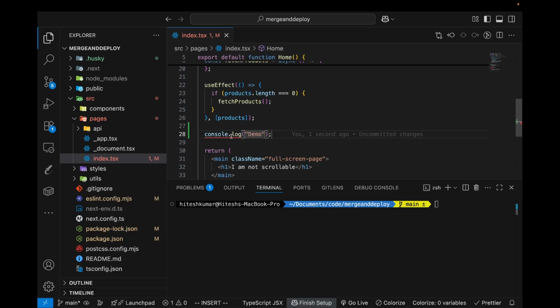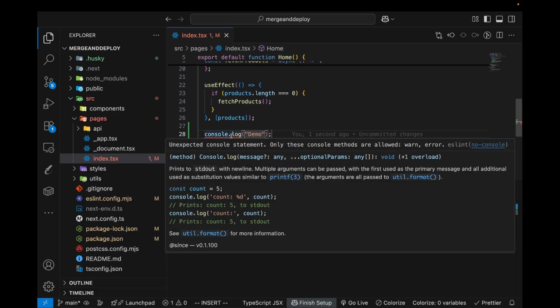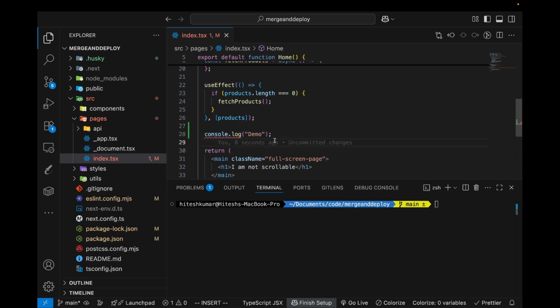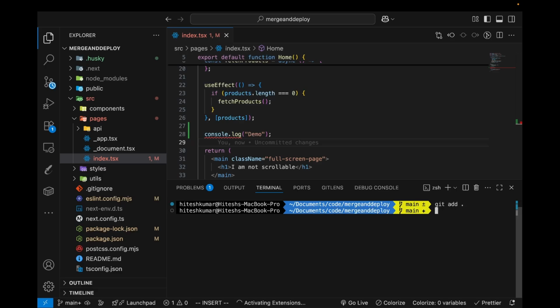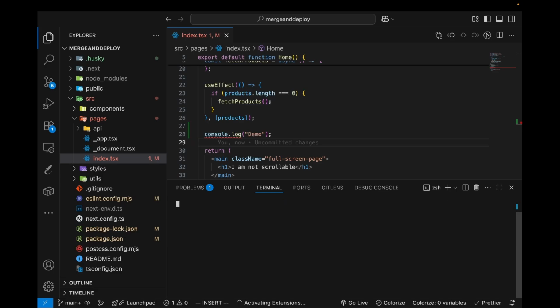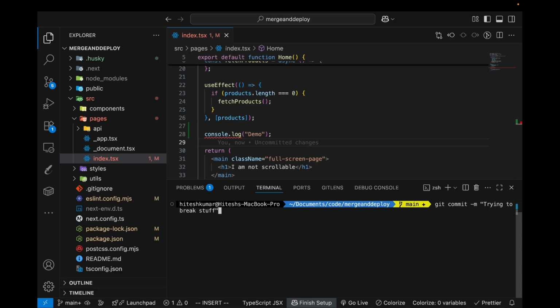So already ESLint is giving me this error, unexpected console statement, but let's ignore this for now and proceed with committing this code. So git add . all files are staged, and git commit -m "trying to break stuff", enter,